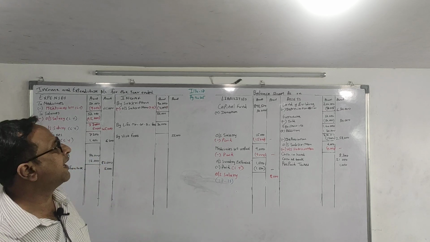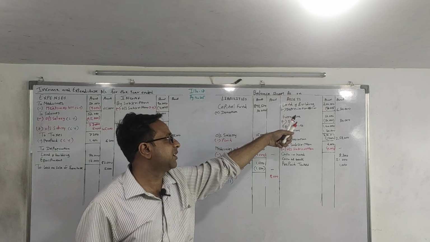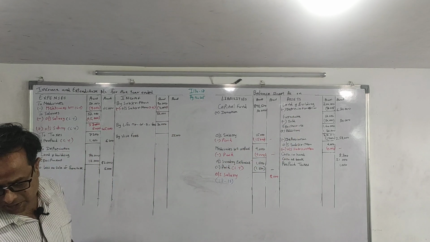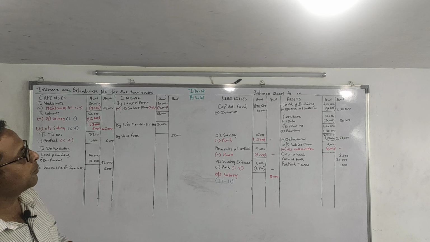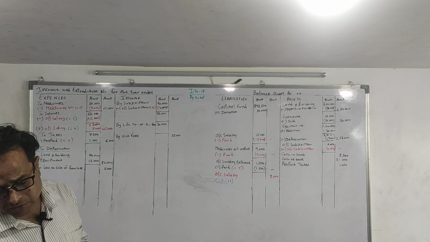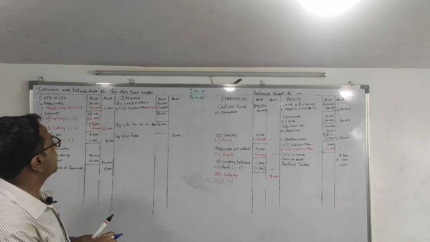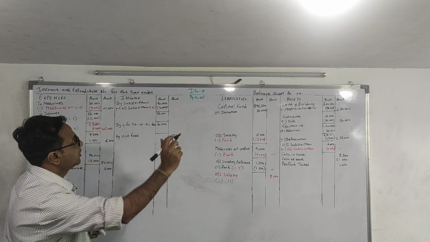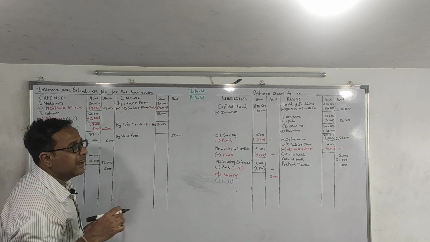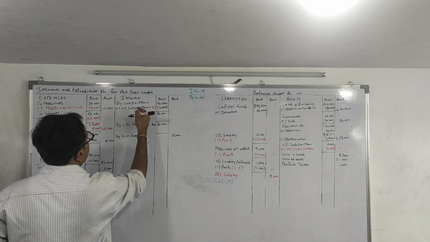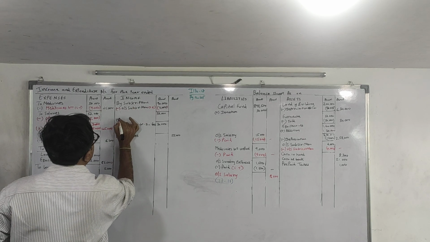Depreciate land and building by 10%, less depreciation 10%, 70,000. Second effect will be expenditure. Then equipment by rupees 12,000. Same way we will do it. Outstanding subscription. Now this outstanding subscription is of current year. Current year outstanding we will add. Last year outstanding we will reduce. The way we have done previously.